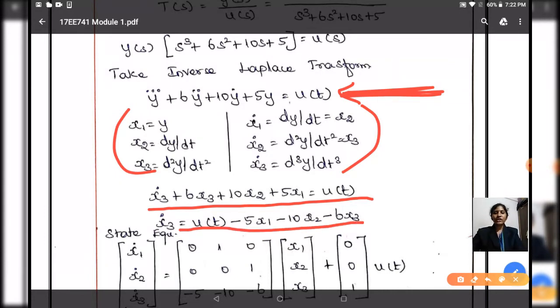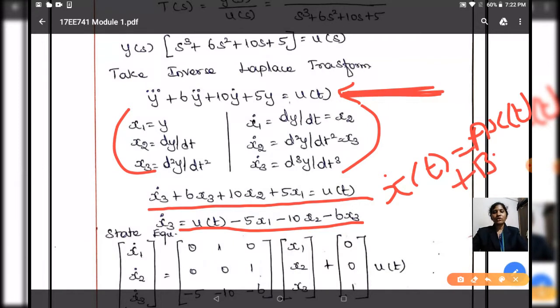Next you need to write your state equation and output equation. What your state equation says: x dot of t is equal to Ax of t plus Bu of t. So here the state equation and output equation are not going to change for the linear time invariant system. You know how you will identify the order of the matrix A. So the order of the matrix A will be 3 cross 3 for this problem, whereas the order of the matrix B is going to be 1 cross 3.